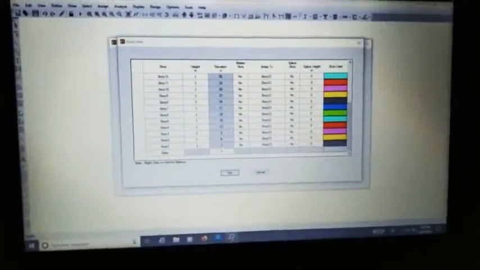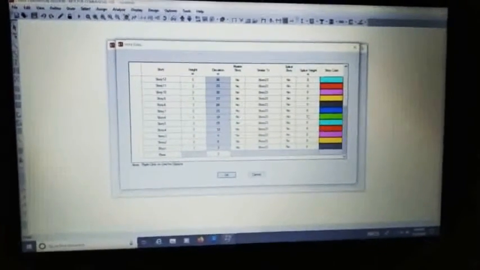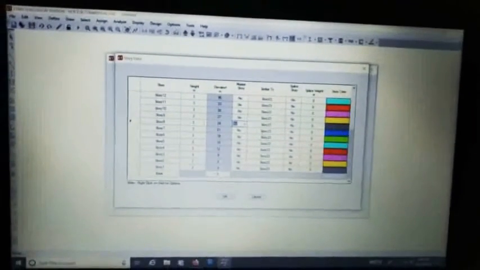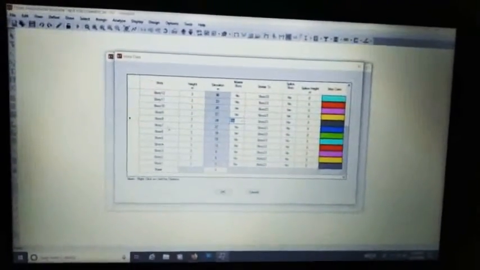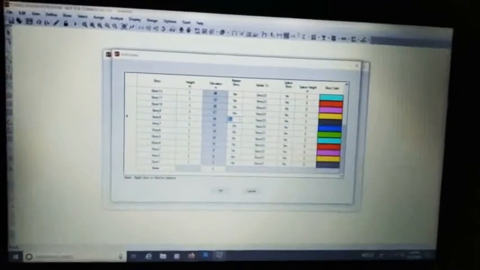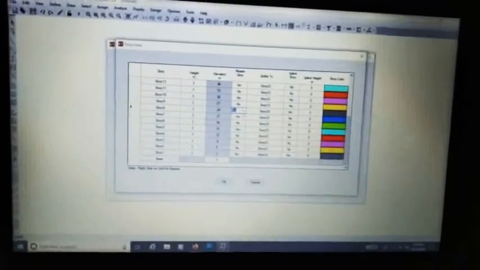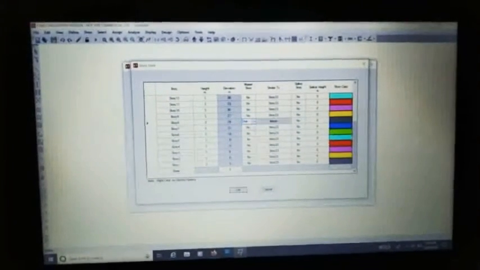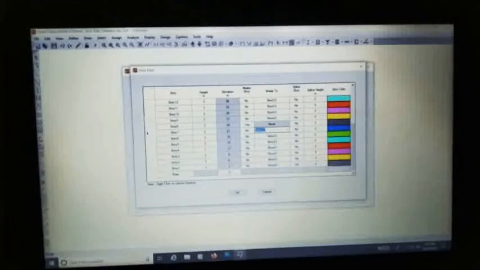We have to make the changes as per the given question. As stories 1 to 8 are similar, we will change any one of the stories and make it similar to 8. Click here, yes, and make it similar to 8.